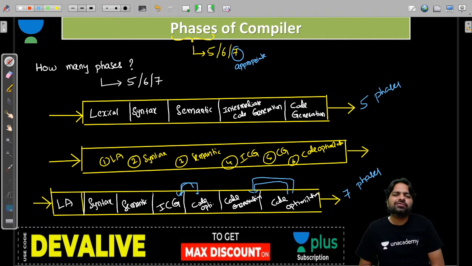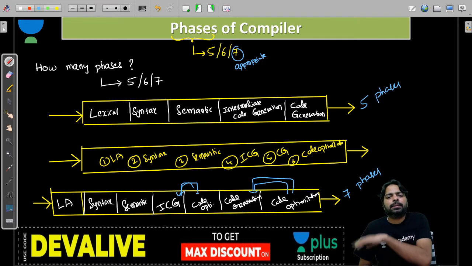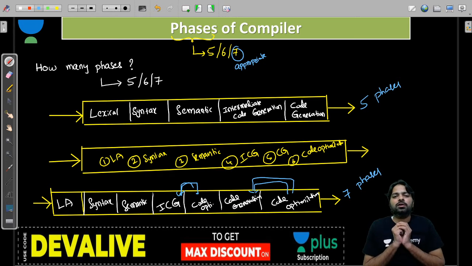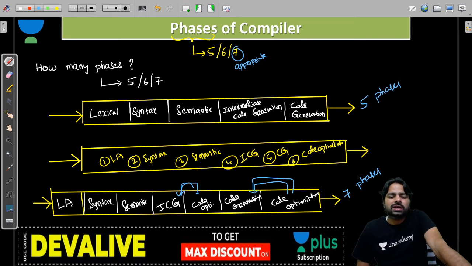Right, somebody says 5, in that sense that code optimization was a part of the last 2 phases. Somebody saying 6, okay, that is meaningless, but where they are assuming the code optimization is theoretically they are speaking 1, but actually practically it comes twice. Yeah, everybody, so this is the one you need to understand, 5 or 6 or 7, that surely 7 phases